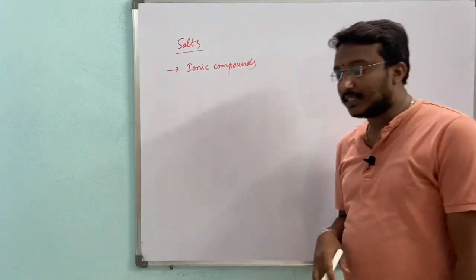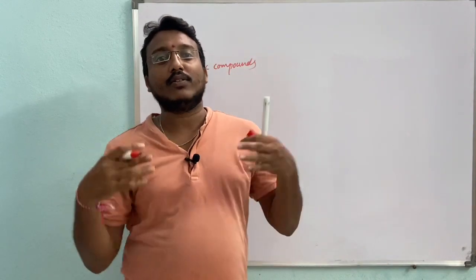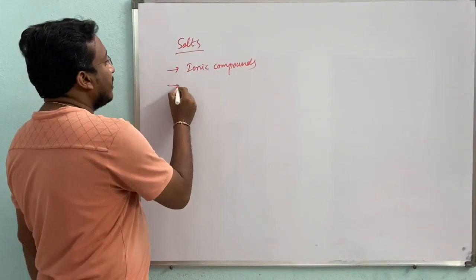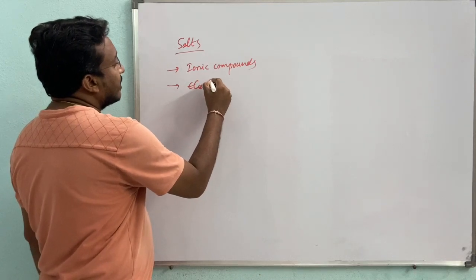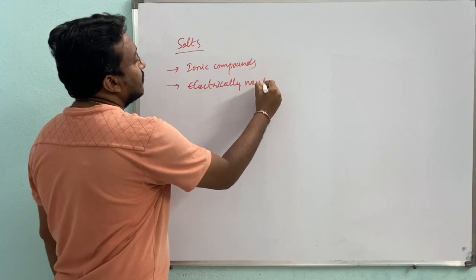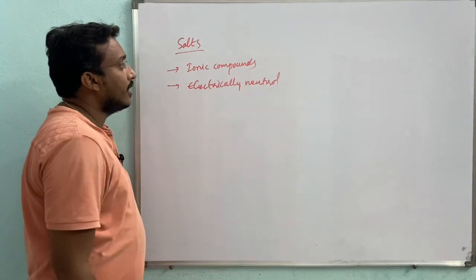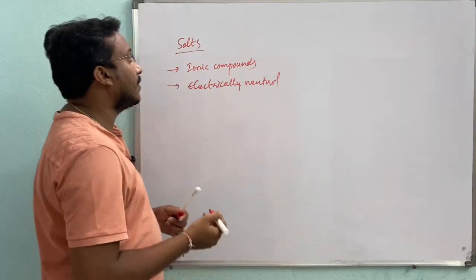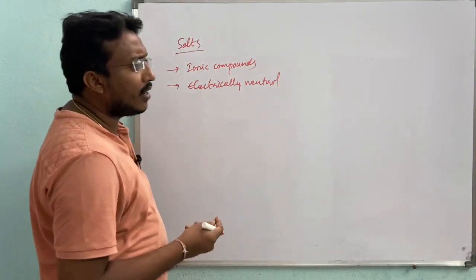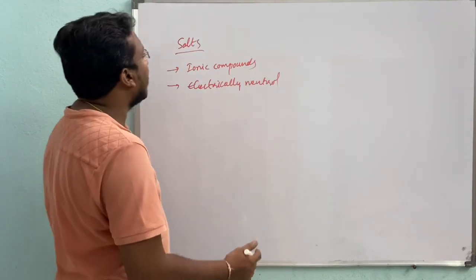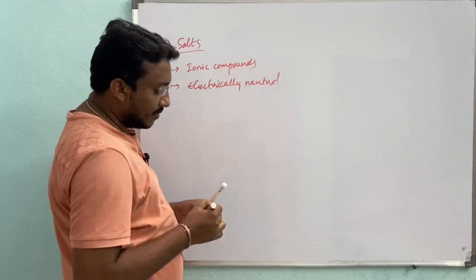Okay, when acid and base react, they give salt and water. And these are electrically neutral. Salts are electrically neutral. And here we have many kinds of salts, but out of that the common salt,